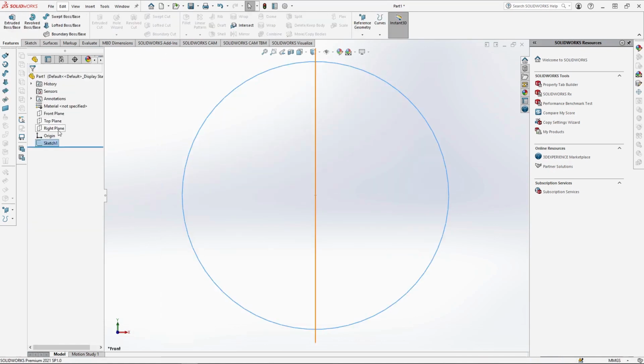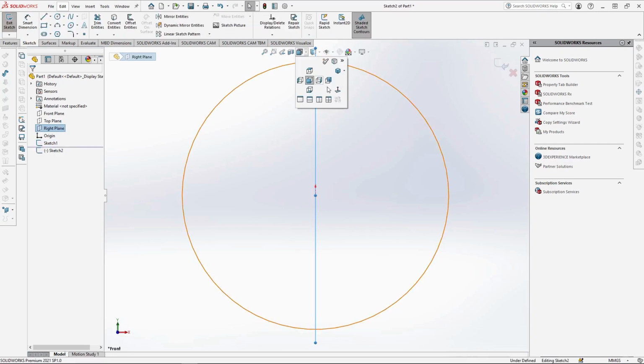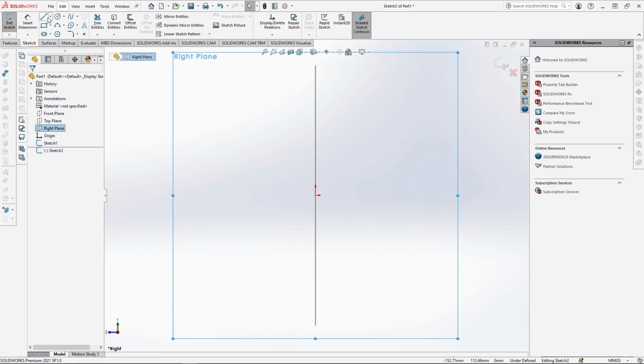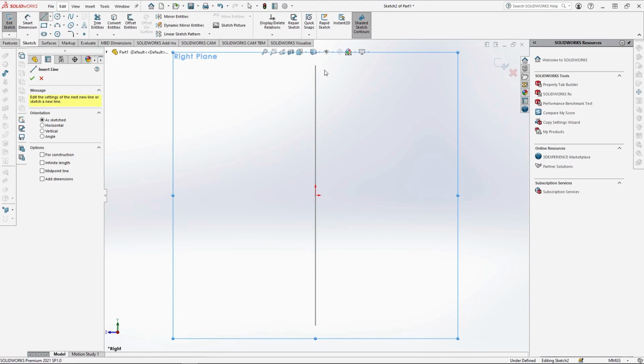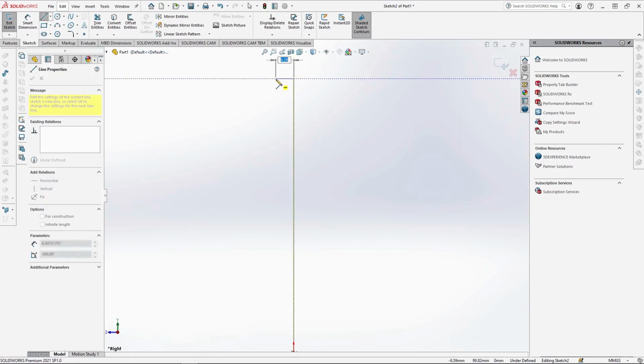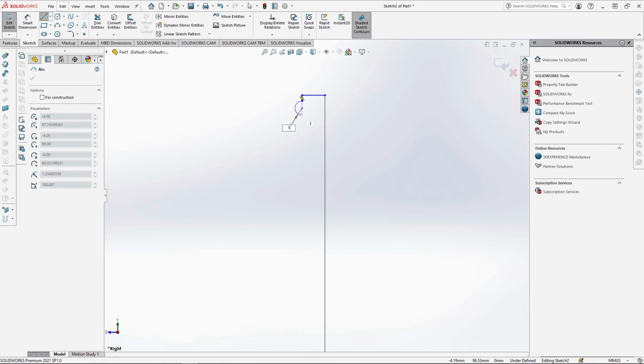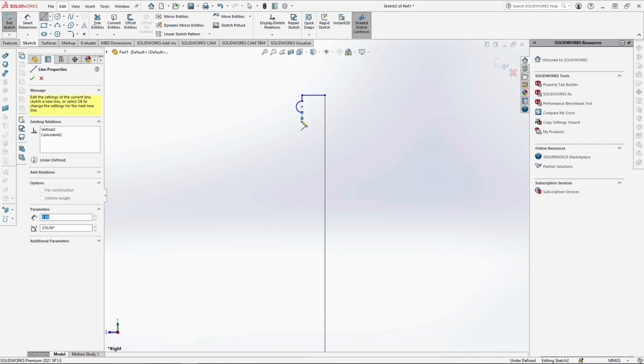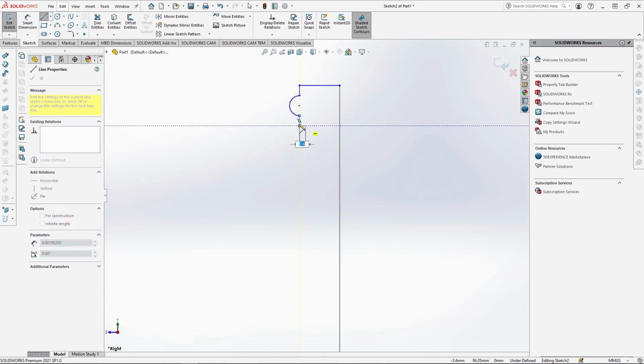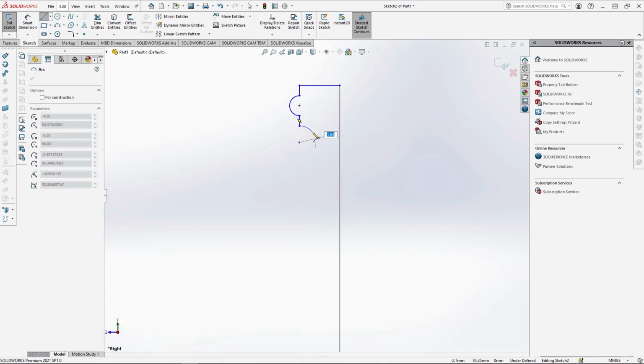Then, sketching onto the right plane, I'm going to create a sweep profile. Using the line, start from the top of the circle like this and draw a 4mm line out. Down by 1, then create an arc with the line by hovering over the point and create a semicircle with a 1mm radius. Go down from this by 1mm, then create another arc going back on itself, creating half a